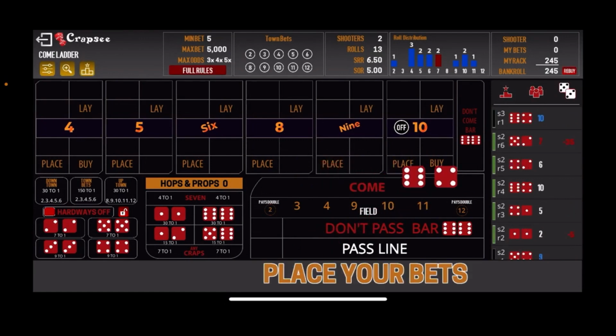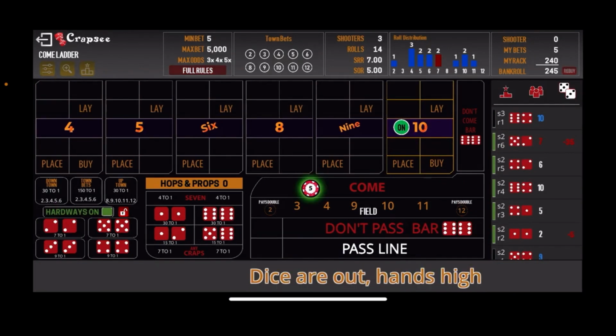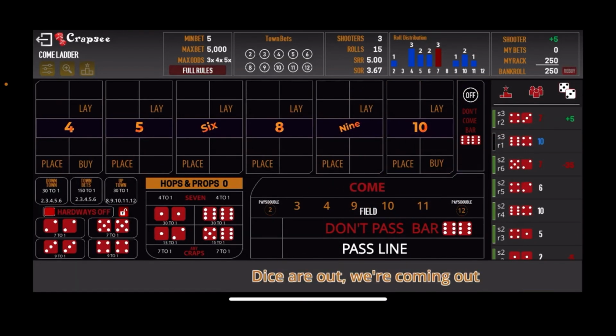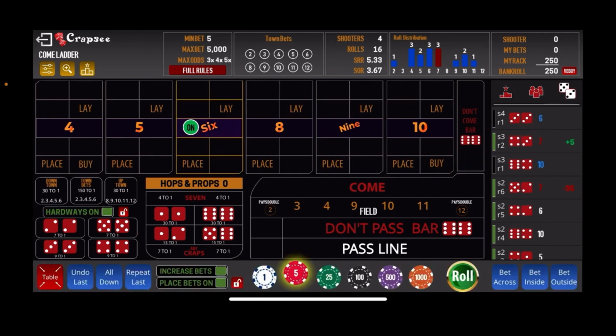And there's the 6-4 10 easy. So we'll put a $5 come bet out, 1 unit, and there's a 7 out, so we would win 5 on that shooter. And on to shooter 4, and another come out roll here, and there's the tray, the 6 hard. So we'll come out with a $5 come bet,